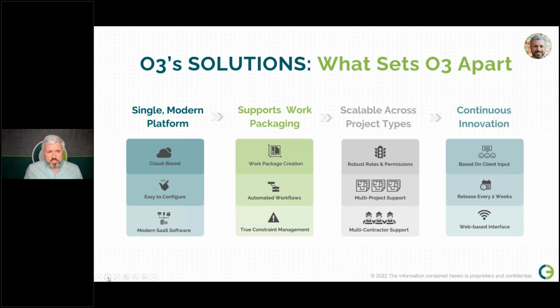And then what really sets O3 apart is that we ourselves are an agile software development shop. So we do a new production release of the software every 2 weeks. So you don't get a new release every 1 or 2 years like legacy providers. You get a new production release every 2 weeks. And so we're constantly improving the solution and constantly getting feedback from our users in the field and incorporating that to make the solution better as quickly as we can.